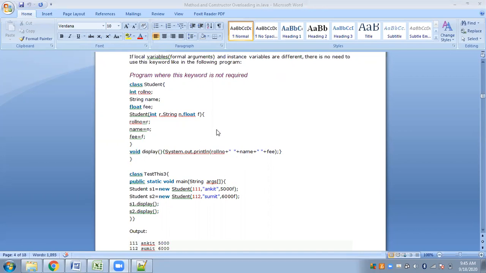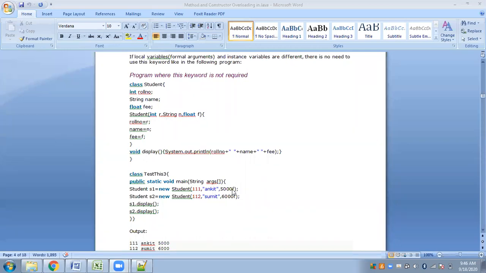Okay. So this is a simple example. Now we should know why we have to use this keyword. In this example, we have not used this keyword. Have we used? No. You see why? Firstly, it is always important that your class instance variables and the parameters that you pass through your functions or constructors must always be different. Is that clear? The class instance variables and the parameters passed must always be different.